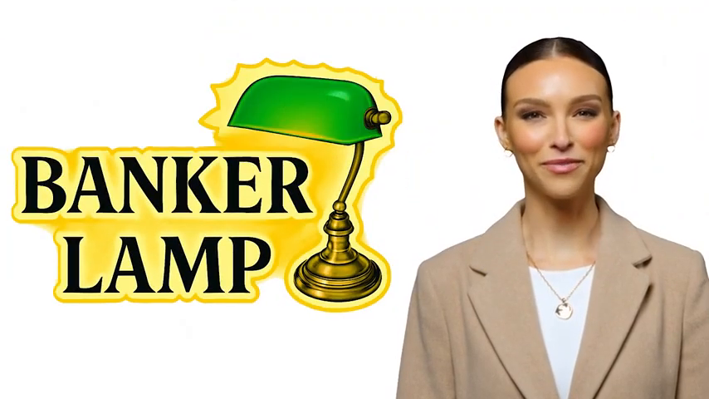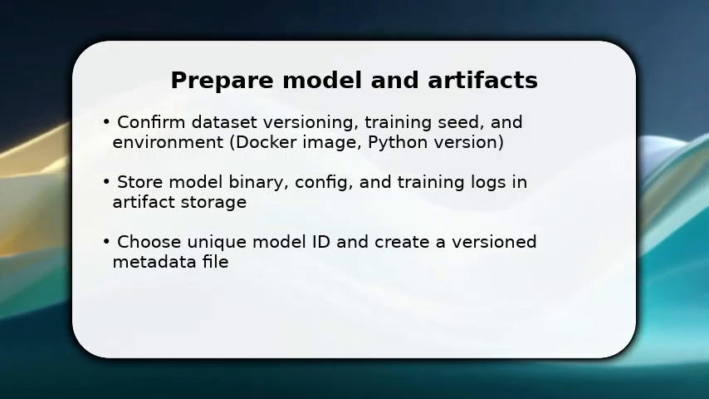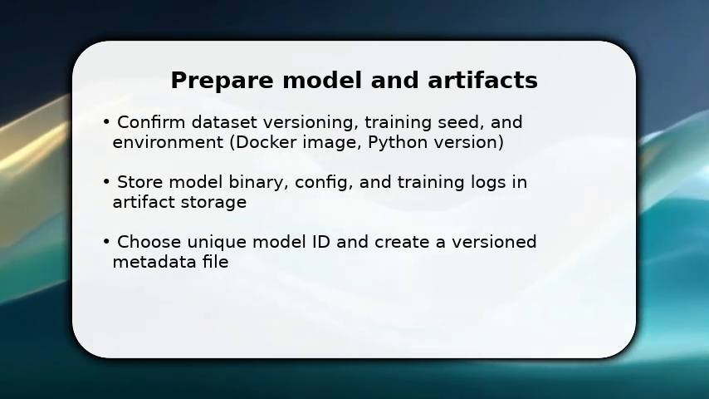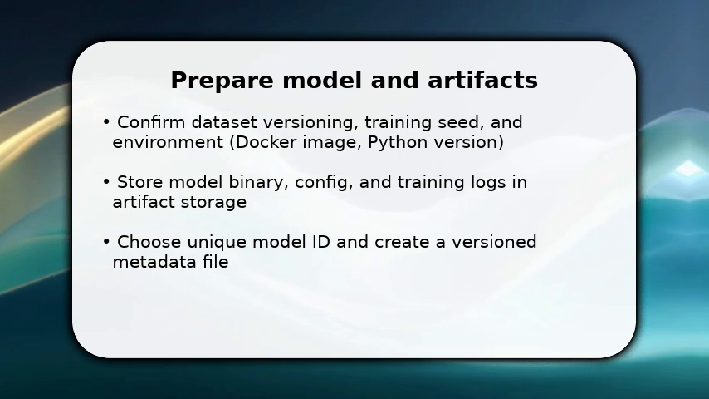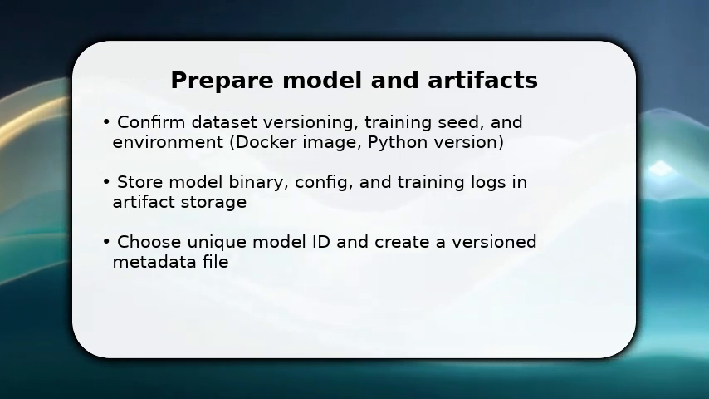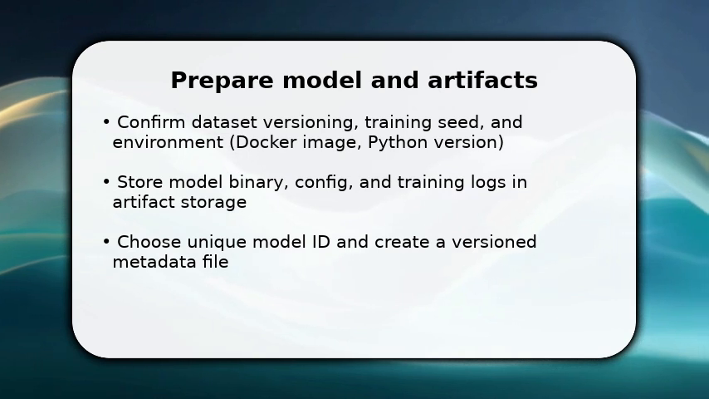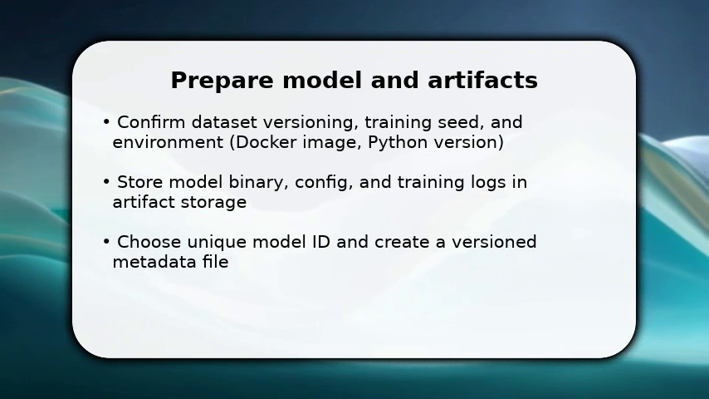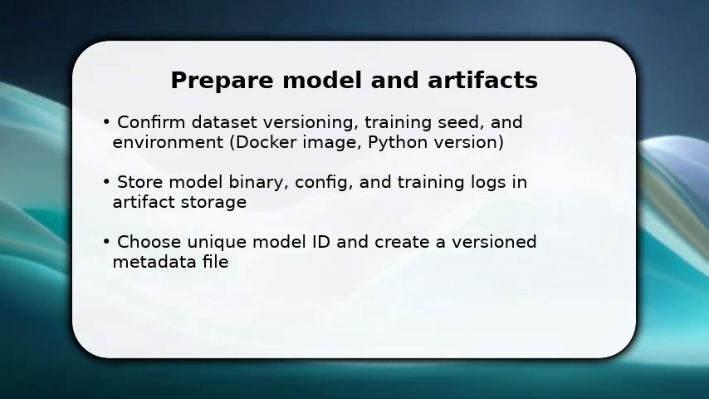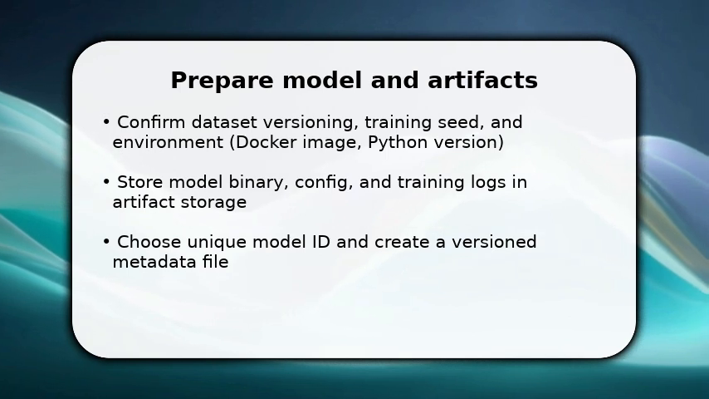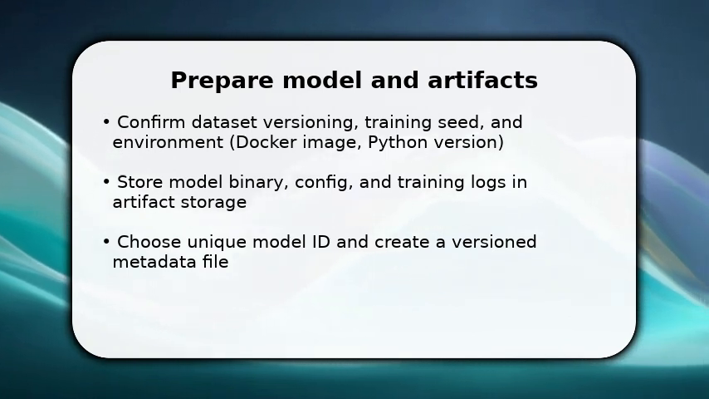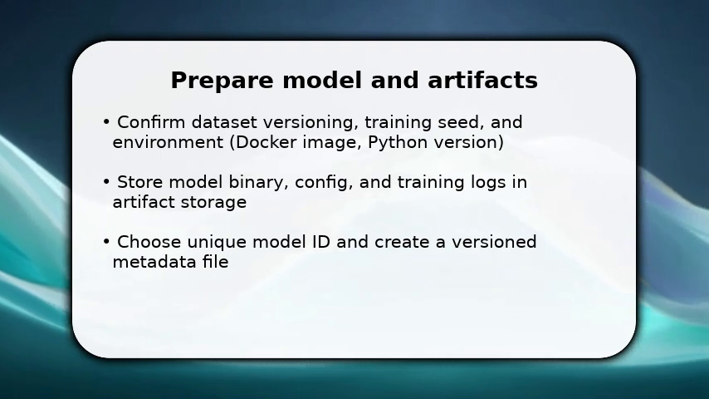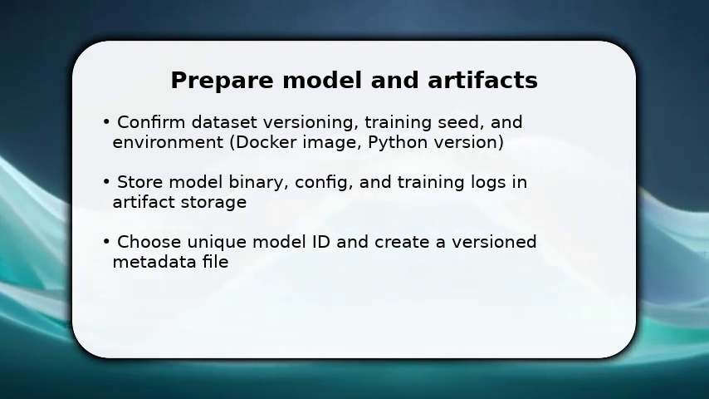Please enjoy the video. You start by gathering the exact artifacts that will form the COA: the trained model file, training manifest, environment spec, and data snapshot. Once done, assign a unique model ID and record hyperparameters and random seed so results are reproducible. Make sure to push these files to immutable artifact storage and tag the commit. This early precision prevents provenance gaps later and lets you prove how the model was produced when issuing the certificate